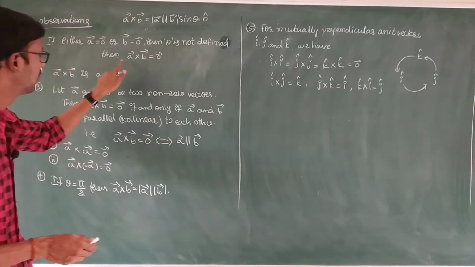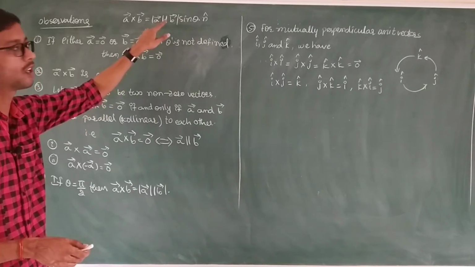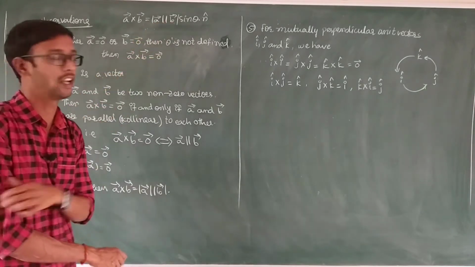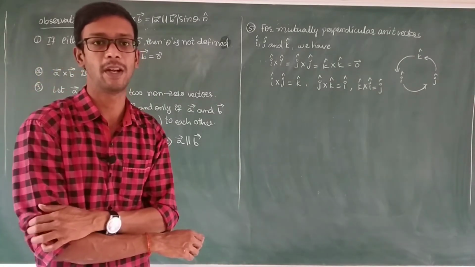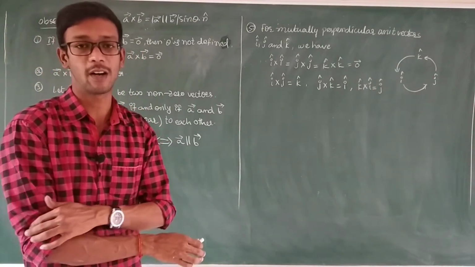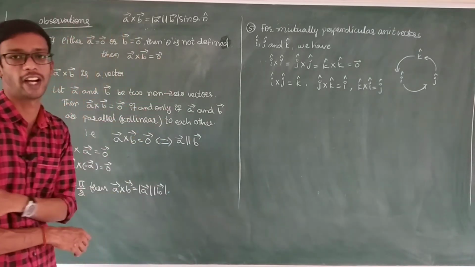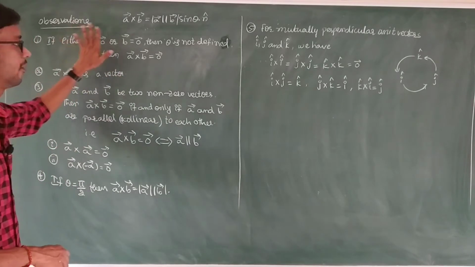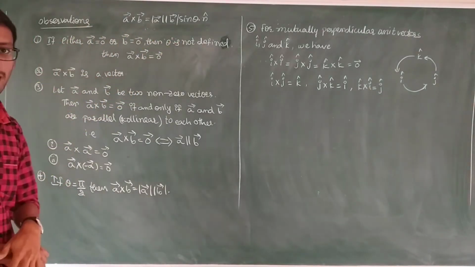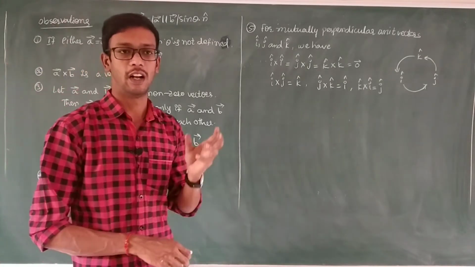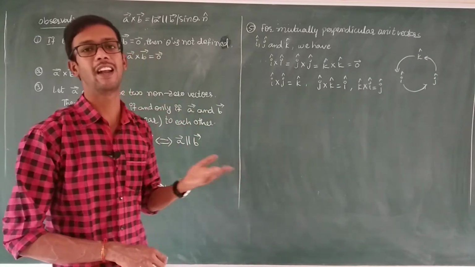So then what will we get for the magnitude? One magnitude will be 0, which means the total will be a 0 vector. When we observe this, we compulsorily have to write it as a vector. Why? Because the vector product result is compulsorily a vector. We write 0 bar, it is a 0 vector. Next, one more point: A bar cross B bar is a vector. Already we know that if we make a cross product, we get a vector. If we make a dot product, we get a scalar.